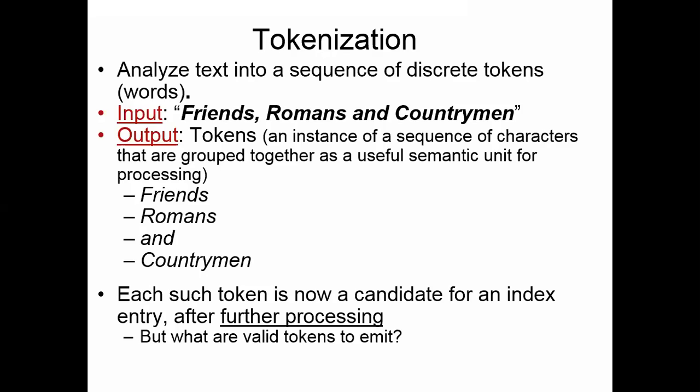So given this sentence, our aim is identifying friends, romance, and countrymen. To identify these four words that are available in the text, we have to define the word separator. Accordingly, we have to identify them. Once the words are separated, we have to again identify from all the words, from the bag of the words, those that are content bearing, words that are defining the document from which they are extracted.